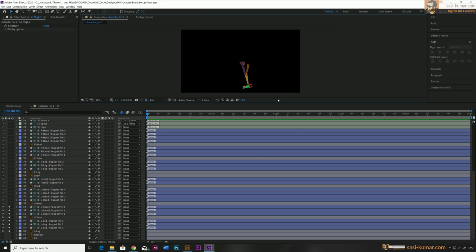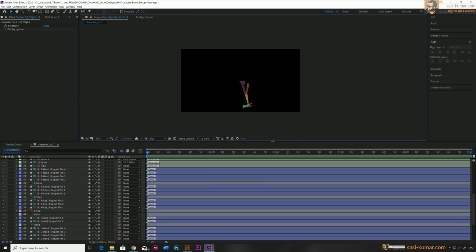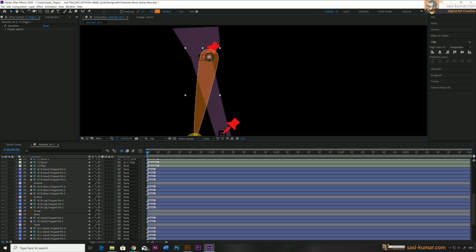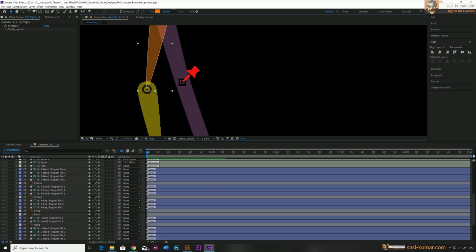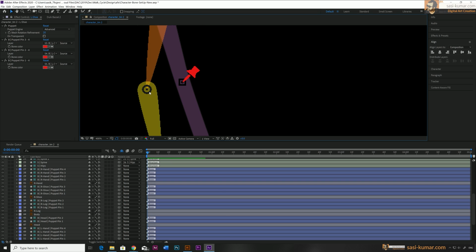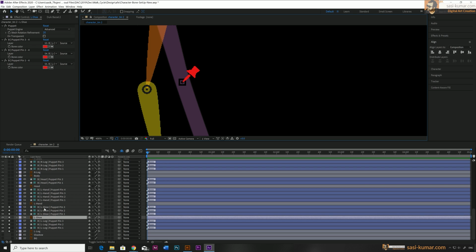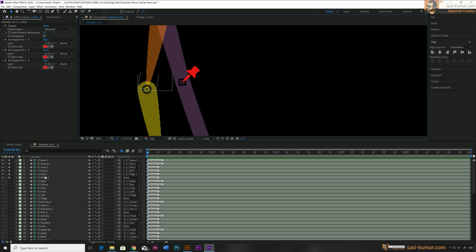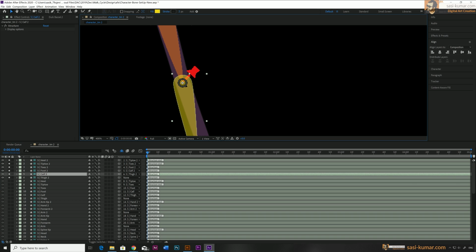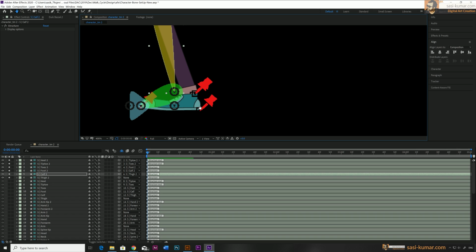Okay, so let's zoom in and bring this bone to the puppet point in here, exactly on the puppet point, and this one move to the, we have to select only this bone. We can select from the layer easily, which is this one, calf, and bring it in here and go below.